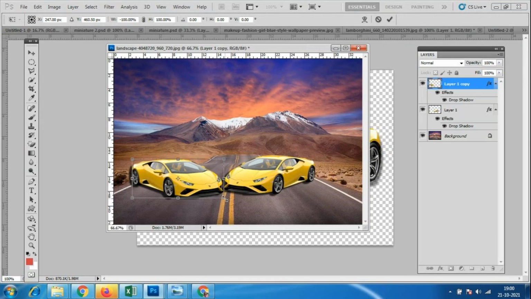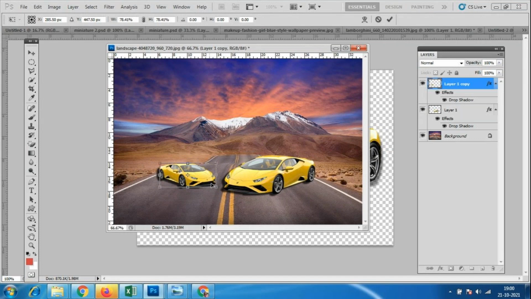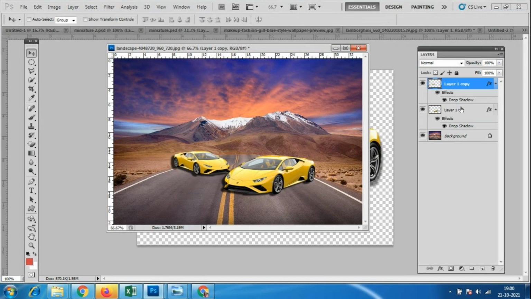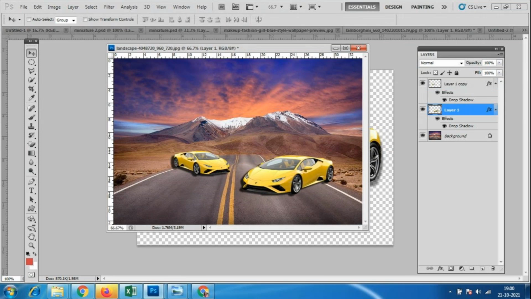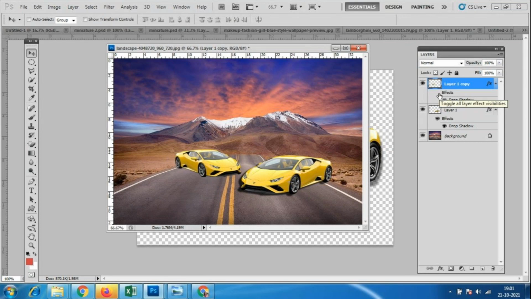So just reduce it, and if I want to keep it very far, for this we have to reduce this drop shadow.